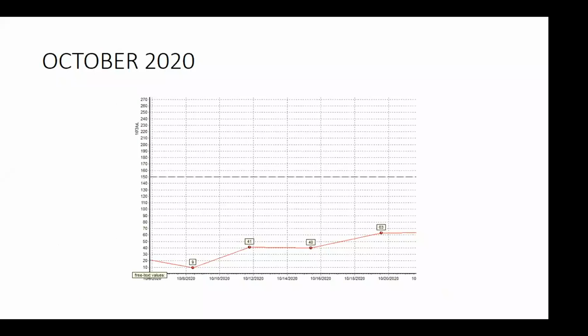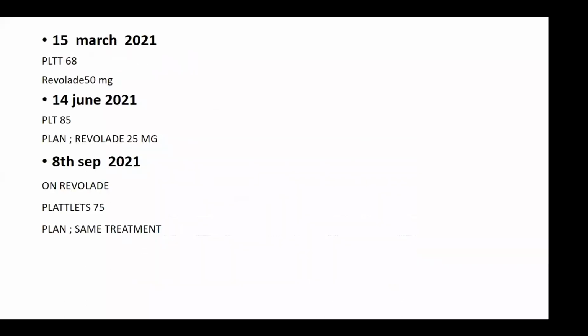This graph shows recovery of platelet count from 9 to 40, a very fast recovery with the combination of Revolade and prednisolone. In March 2021, the patient was off steroid, platelet count 68 on Revolade 50 milligram. In June 2021, platelet count was 80, so we chose to reduce the dose of Revolade to 25 milligram, because